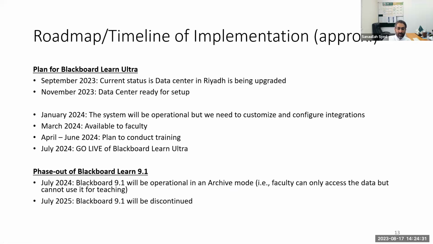We cannot have two systems running in parallel for obvious reasons. One is support will be ending for the previous system. The integrations cannot work in multiple places at the same time and so on. So we'll try to have Blackboard 9.1 in an archive mode for almost 1 year, and then from there on it will be discontinued. Maybe we'll not be able to renew it, in terms of the archive license and so on, but this is sort of the tentative plan,